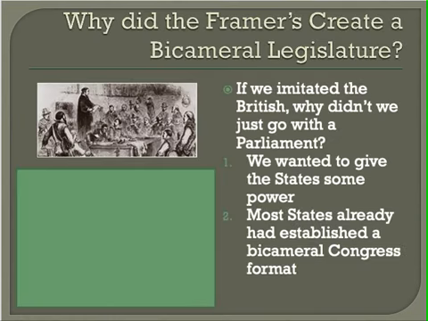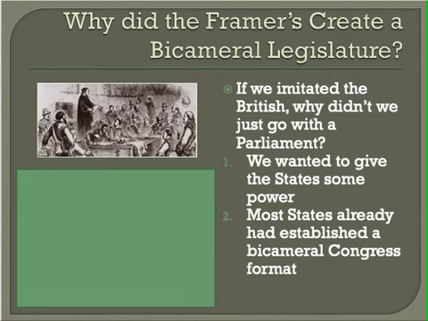So why did they create this bicameral structure? This structure, again, is not like Parliament with the one house. They also had a different structure under the Articles of Confederation. So what we remember from the compromises is that they needed to have representation issues handled. They wanted to also give power to the states. And most states already had a structure like this, so they were going to use what they knew to create